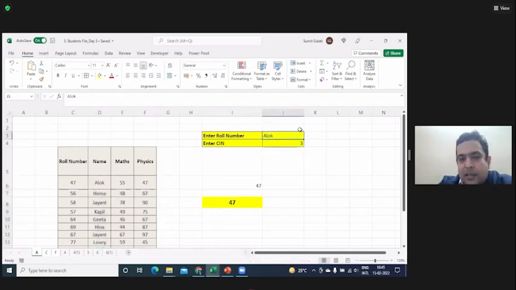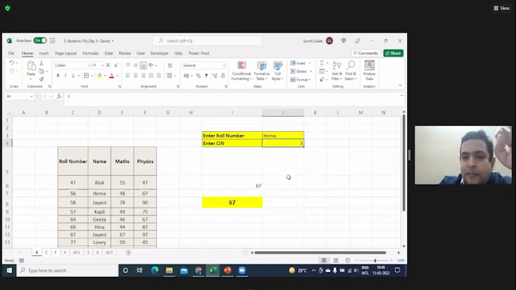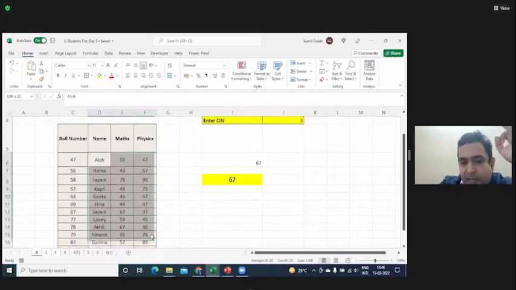If I say Hema, what will be the answer? 67. Why? Because it will look here and give the output against the third column index number. If I make it 4, what will be the answer? Technically the column index number is second, but as per the selection it is third right now. So it is always as per your array selection. Suppose it is 4 or 5, wherein our selection is up to 3 columns. Whatever you have selected till this point is the array, and in this array your column index numbers are 1, 2, and 3.